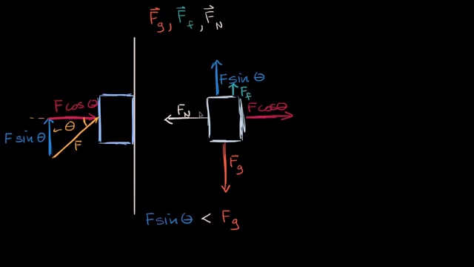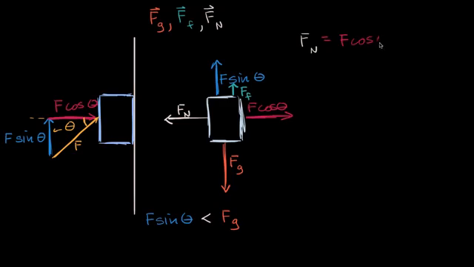But let's just go with this scenario right over here and start to appreciate why free body diagrams are so useful. Because we can start to set up equations that relate these magnitudes. We could say, look, if this box is not accelerating in any way, if there's zero net force in the horizontal and the vertical directions, well then we could say that F sub n completely counteracts F times cosine of theta. So we could say F sub n is equal to